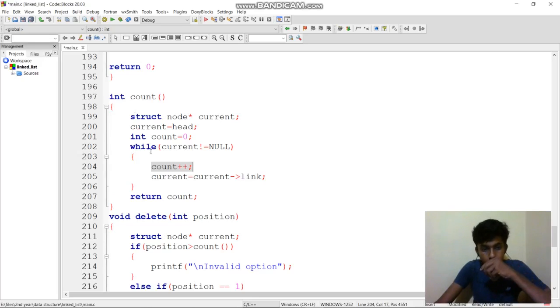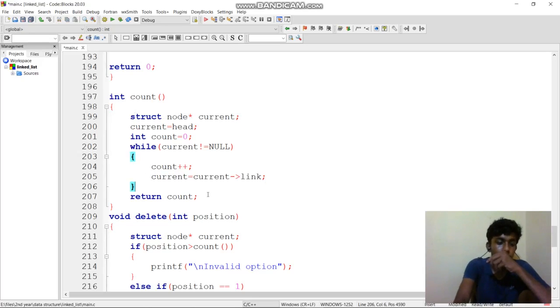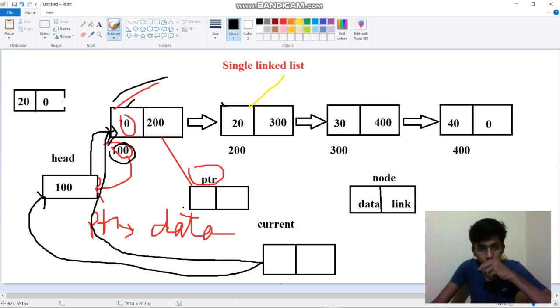Next it will do current equal to current of link. Current 100's link is 200, so 200 will be stored in current. Then again it checks, is 200 null? No, so it will store 300.